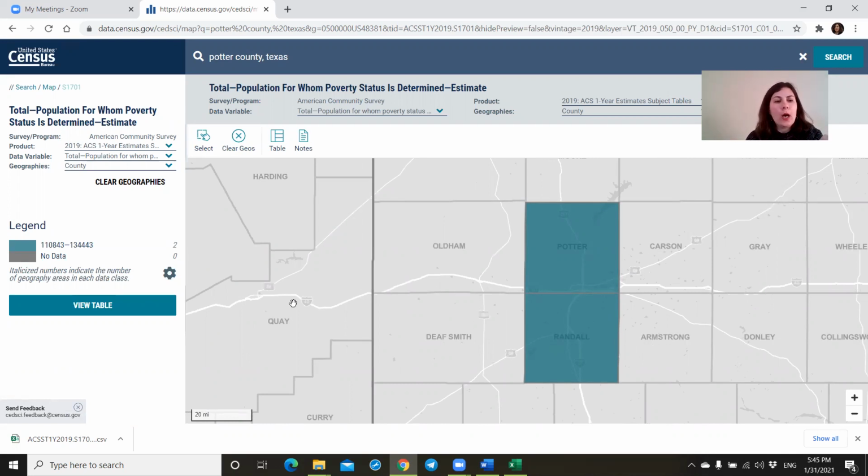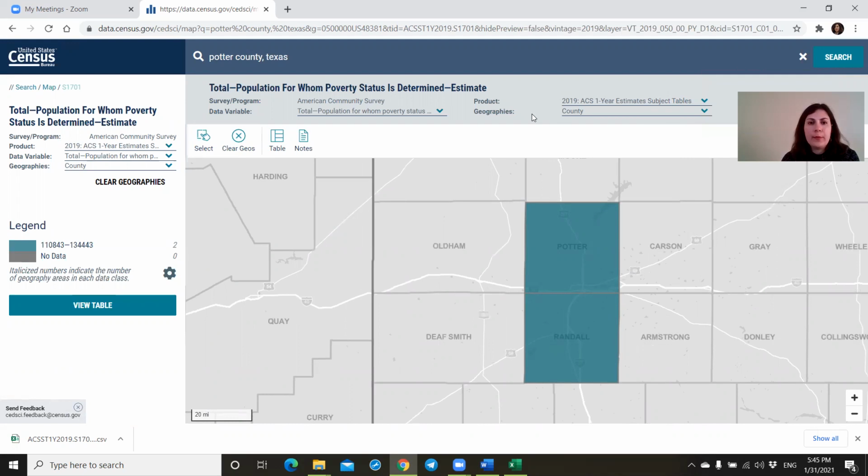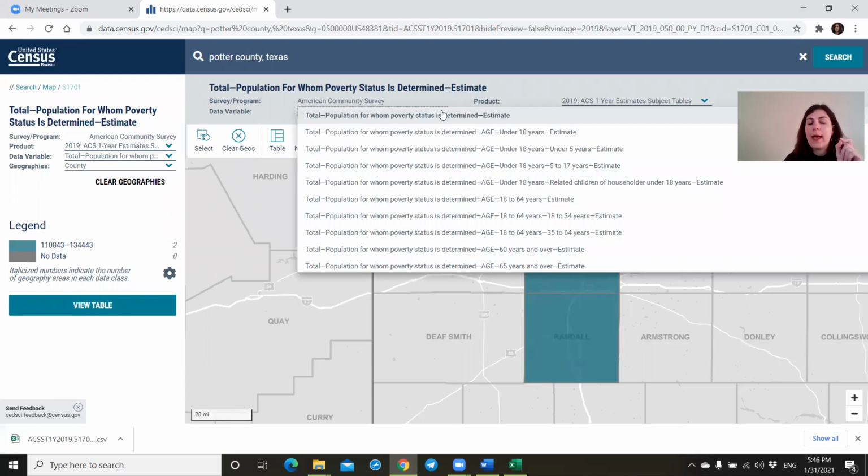And now I'm going to show you something interesting. Before that, I need to ask your attention for the top of the map. See here, you see again the title of the map, which is population for whom poverty status is determined. And here you see data variable and a little arrow here, which is very important to pay attention to. You can open this and choose any specific kind of variable for this